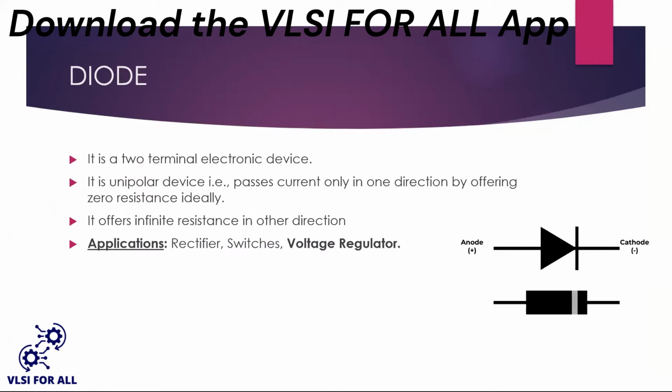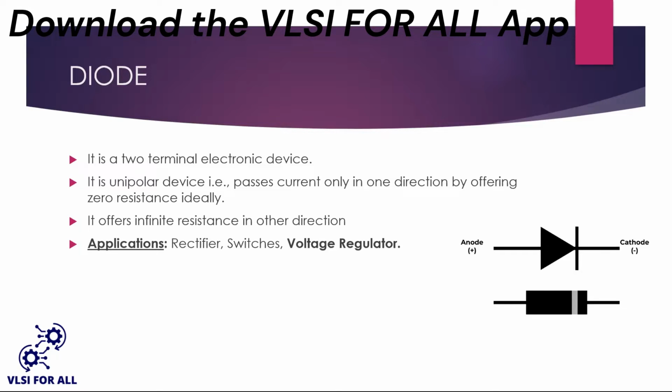So firstly, diode. Basically, it is a two-terminal electronic device. We can also call it a semiconductor device. What is a semiconductor? Basically, a semiconductor is a material whose conductivity is between that of an insulator and a conductor, wherein it offers very few conductivity. So this diode is built using those semiconductor materials. Basically, silicon and germanium